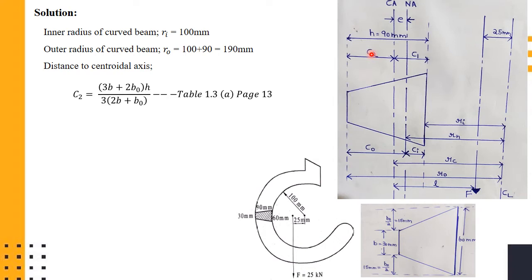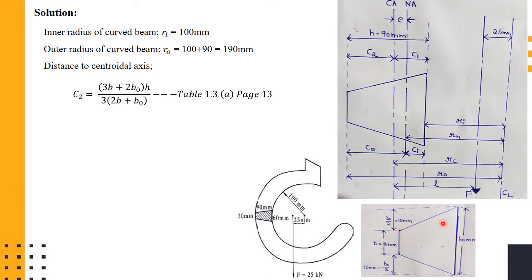So the C2 distance, you can actually get it from table 1.3a in page number 13. This is a table which you have seen long before also. So you can refer to table 1.3a in page 13. That is for F type. F type is the trapezoidal type, and the distance to the farthest point C, that is the third column, you can see this particular formula. And the figure for the trapezoid which is given in table 1.3a will correspond to this particular figure.